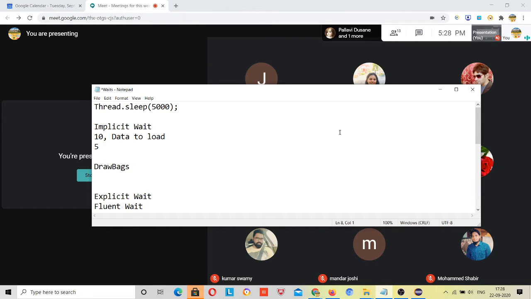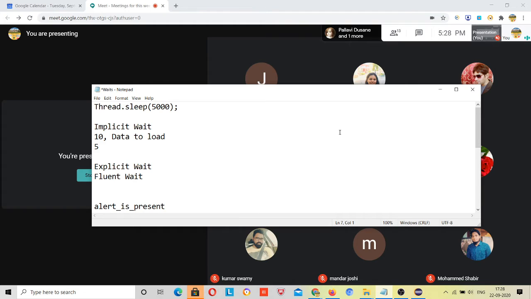So how will you know whether that test case passed within 5 seconds, or it took 7 or 8 seconds, or the whole 10 seconds? In that case this will be your drawback, right? So at that point you can apply the explicit wait. So these are some drawbacks and benefits of the implicit and explicit wait.